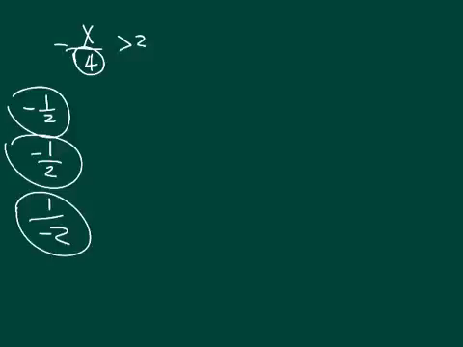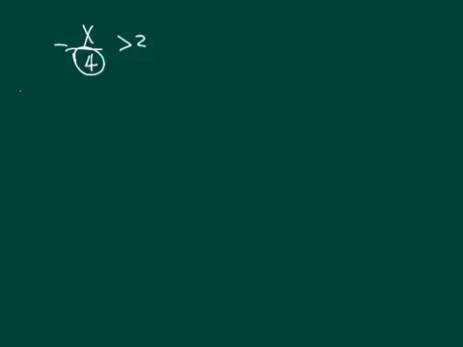So what I'm going to do is make this fit what I'm trying to solve here, just to make my life easier, because they have the negative sign in front. I'm going to put it down with the 4